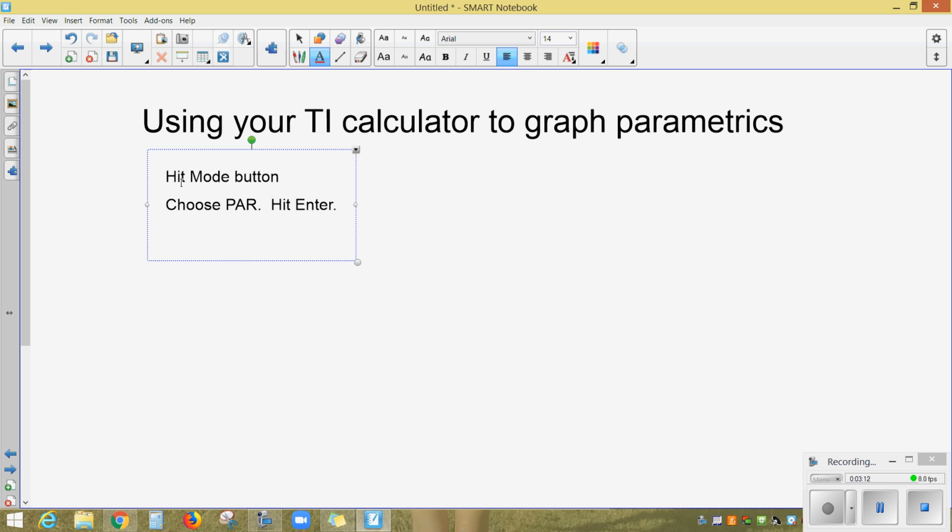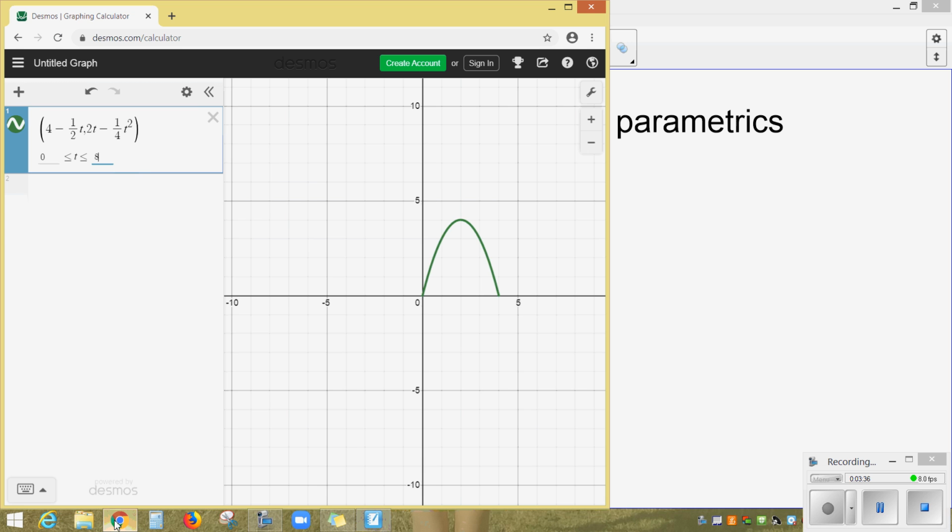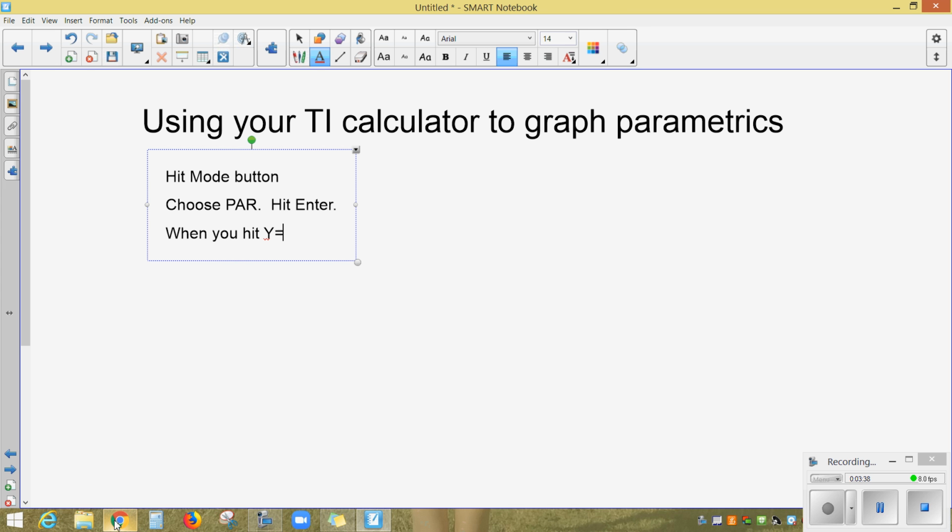Then when you hit your y equals button, up at the top right under the screen, instead of having just a plain old y there, notice it says x1t, y1t, x2t, y2t. You could plug in there for your x. You could type 4 minus 1/2 t, or whatever the equation was, and you can put 2t minus 1/4 t squared. And careful with the way you enter it, because your calculator will graph what you ask it to. You just need to ask it the right thing. And then when you hit the graph button,